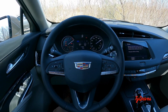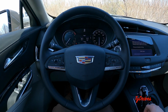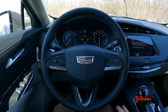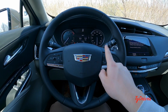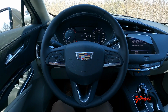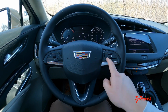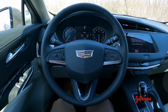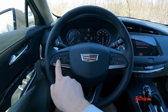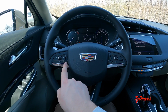And speaking of the steering wheel, it is very nicely leather wrapped, and we also have paddle shifters on the back of the steering wheel to shift manually if you'd like. Right over here we have all the buttons to control the central screen and in between the gauges. Also you have your up down for the volume control and up down for your radio presets. Right over here we have all of our cruise control settings, as well as Bluetooth telephone controls and voice commands,